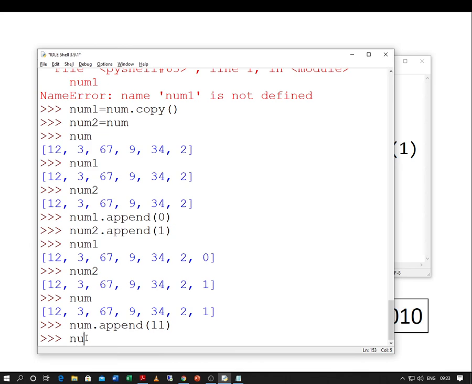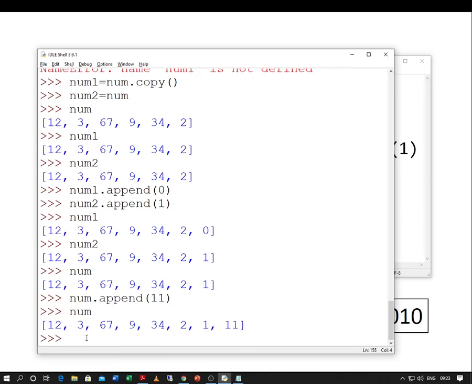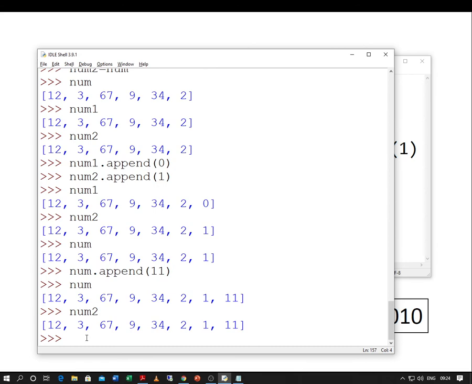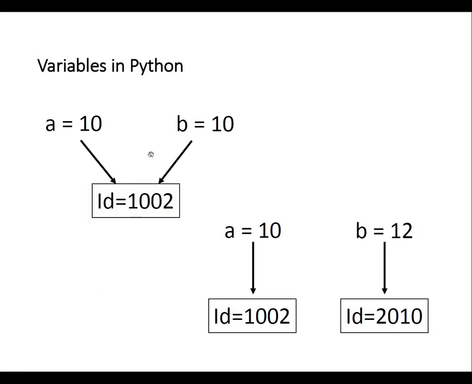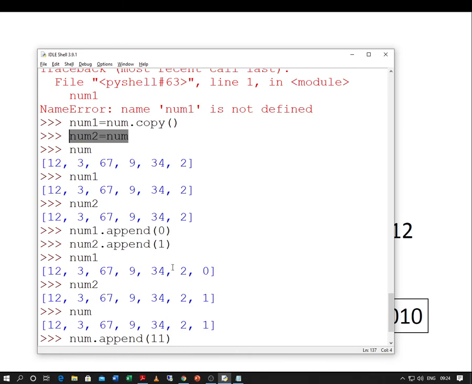Now num, definitely 11 will be appended, but num2, you can see in num2 also it is coming. Why? Because num2 was made using the assignment operator. They are both pointing at the same location. So when you make change to this, the actual change is made to this location. When you make change to this, the change is made to this location, and hence both are going to be affected.